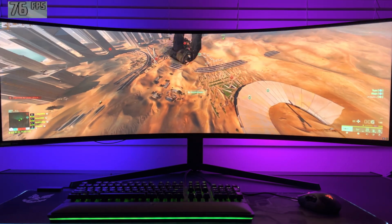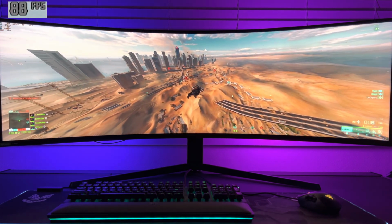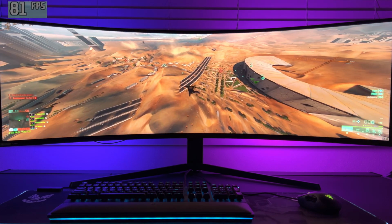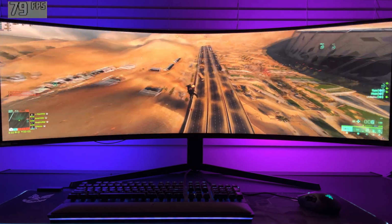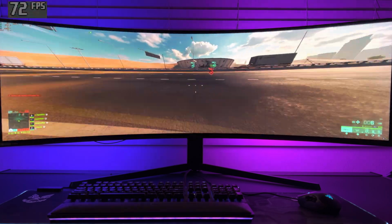Now, overall, in terms of game performance, this game plays so much better than it did at launch, and really that first 2 or 3 month window of launch was when I played this game primarily. I logged about 45 hours in at that period, and at the time I would play with ultra settings, but